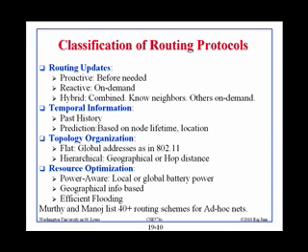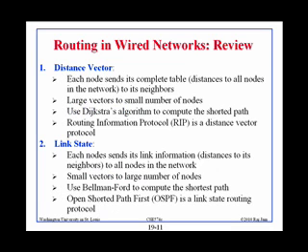Alright, before I talk about those three schemes, let's just review routing. Now we have done this in 473, but it has been a year since we took 473, so you might have forgotten. So this is a one slide summary of routing. How do we find a path? There are two schemes. One is called distance vector, another is called link state. And now this applies to wired networks. If you remember distance vector and link state.